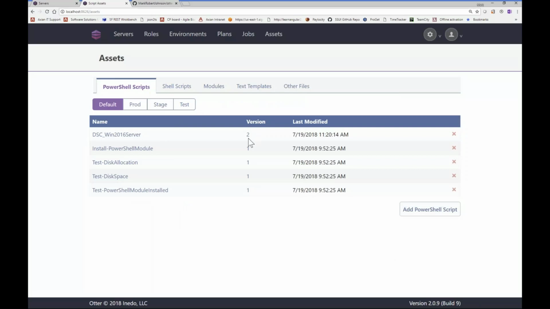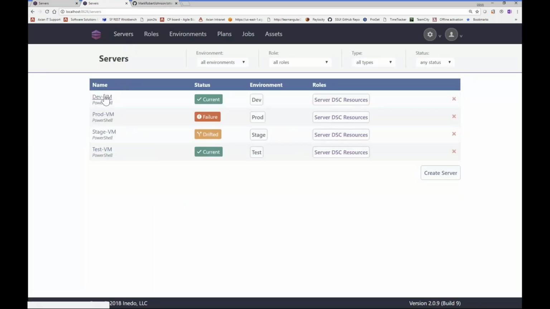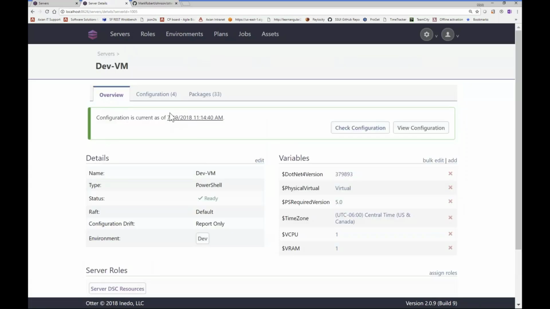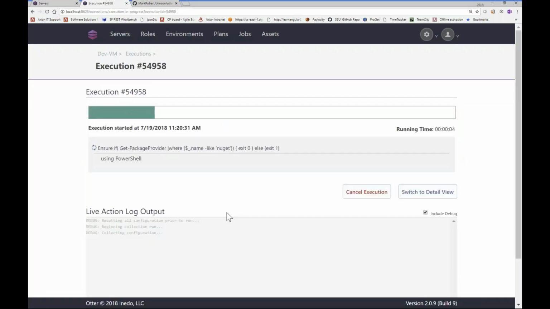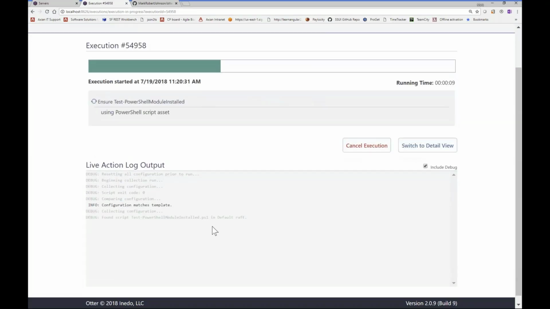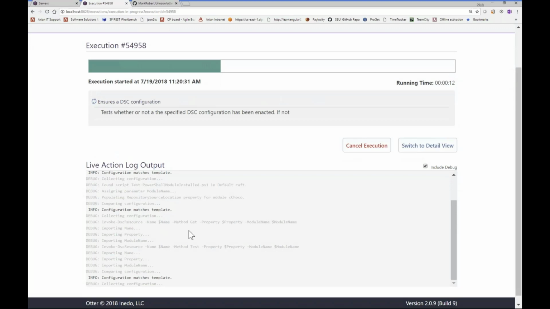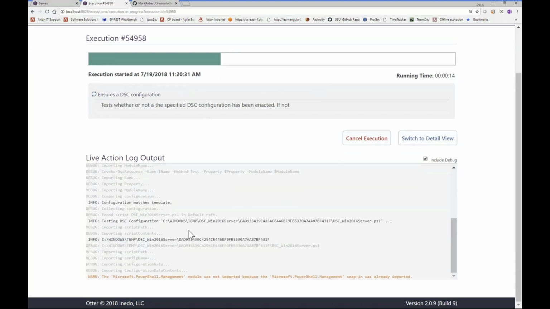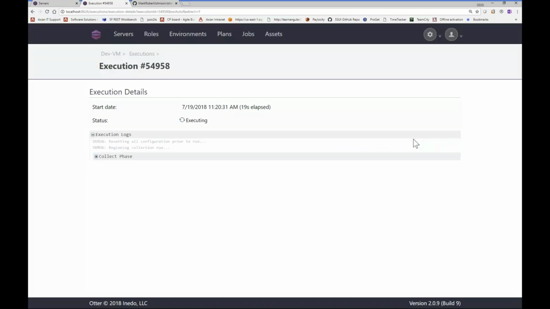You can see we went to version 2 on that. Let's go to servers and look at the dev VM. Let's check configuration, and we'll view the execution. That's going to make that WSMan call over to that virtual machine to begin executing the different Otter configurations and DSC configurations. We can also switch to detail view if we want to see more of